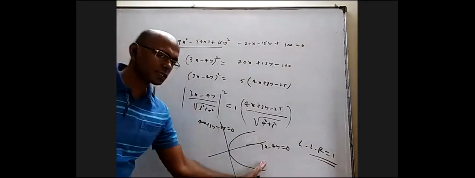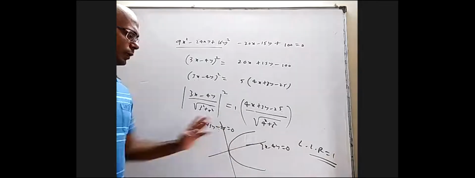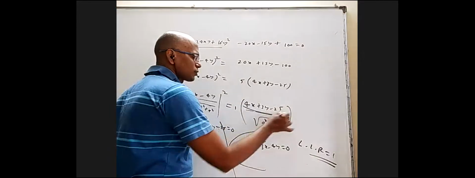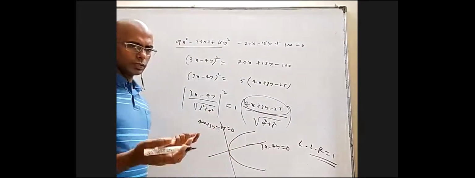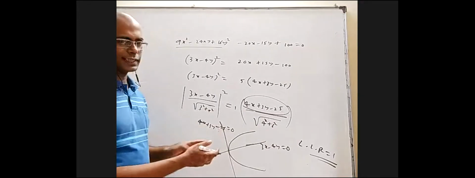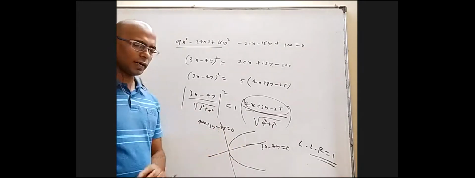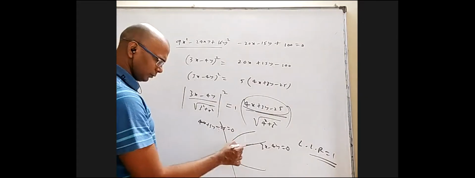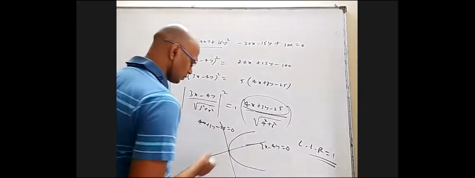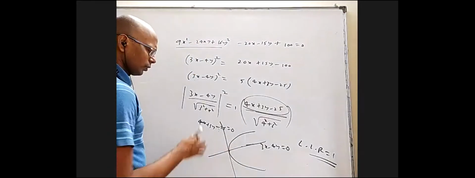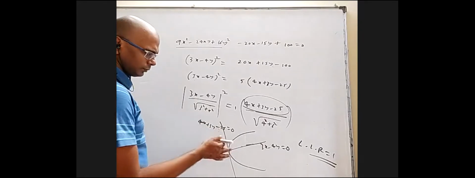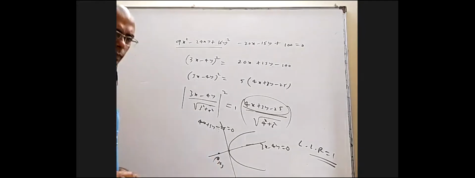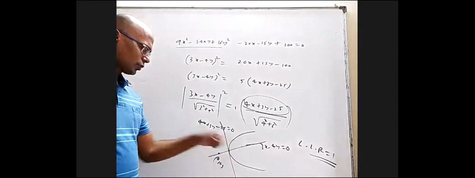But whether the parabola is this side or this side, how to know? Because there will be two parabolas with the same axis and same tangent at vertex. So depending on what is the exact figure, I have to draw properly. I don't draw random. If it is a positive slope, draw it correctly. I can take origin somewhere here. When I put origin in this line, it is negative, so the origin has to be this side, then only it is correct, because for the origin it is negative.